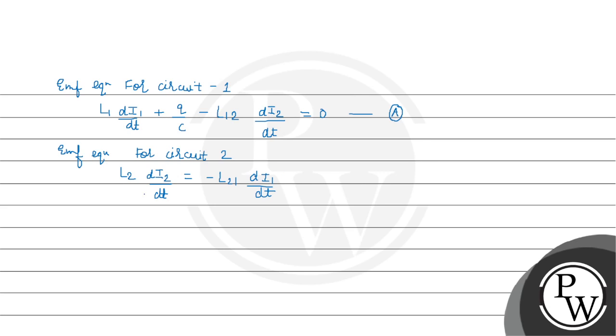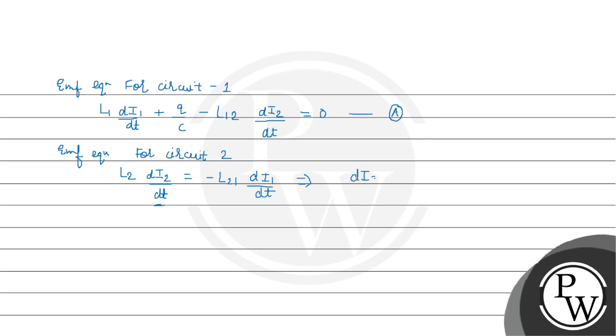तो अब ये सेकंड के लिए हमारे पास सिर्फ देयर इज अ कोयल, उसकी वजह से हमने लिख दिया, एंड म्यूचुअल इंडक्टेंस कोयल 1 का जो इफेक्ट होगा वो हमने लिख दिया। अब इस इक्वेशन को सोल्व करने के लिए यहाँ पे I2 di2 बाई dt है, तो हम इक्वेशन 2 का यूज करेंगे, यहाँ से di2 बाई dt की वैल्यू कैलकुलेट करेंगे और यहाँ सब्स्टिट्यूट करेंगे। सो लेट्स डू दैट। यहाँ से di2 बाई dt की वैल्यू कैलकुलेट करते